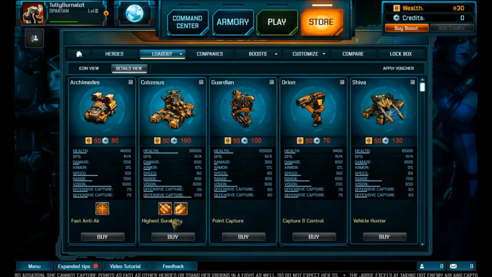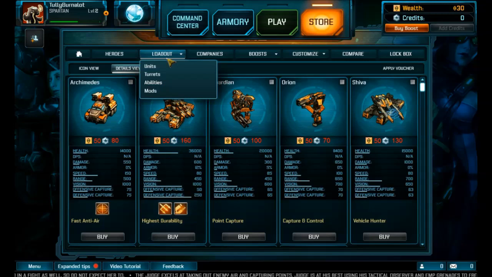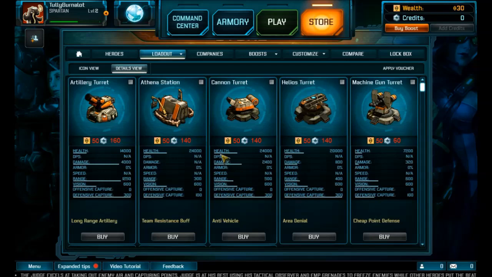Not to mention, it does tell you what they're good at. For instance, the Guardian is point capture, Orion is capture and control, the Colossus is amazing against infantry, and as it says here, highest durability. Best HP score ever. Turrets, I believe you have in your... Oh, for fuck's sake. There we go. Turrets, I believe you have in your...